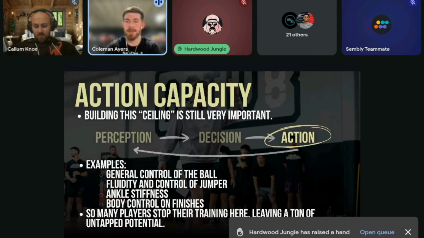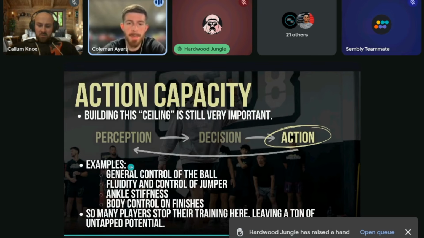Instead, I like to shift our mindset towards, okay, if we don't have all of, or at least some of, the constraints or the variables that represent a game, we need to turn our attention towards building action capacity, which oftentimes is going to take us getting outside the box and almost looking at this from, I don't want to say a strength and conditioning standpoint, but everyone understands, okay, when you squat in the weight room, or you do plyos on the turf, you are not doing this because you're doing it in a game. You're doing it to build qualities. You're doing it to build pieces of the bigger puzzle. And this is what action capacity really is. But so many players tend to stop their training here, as I discussed in this, right?